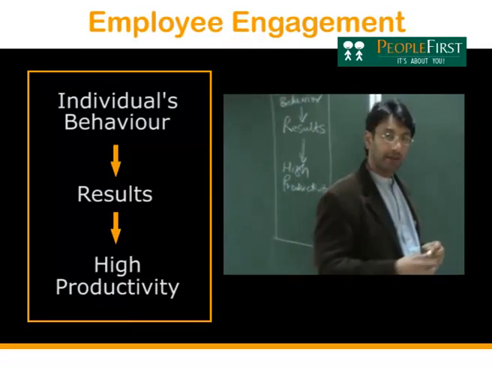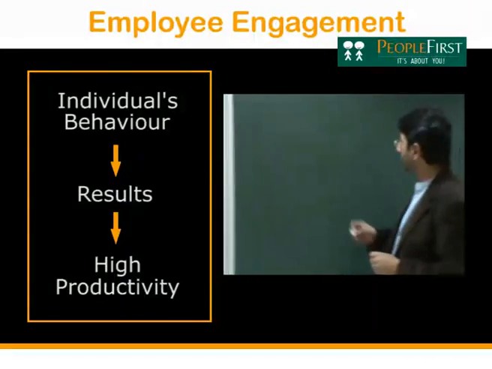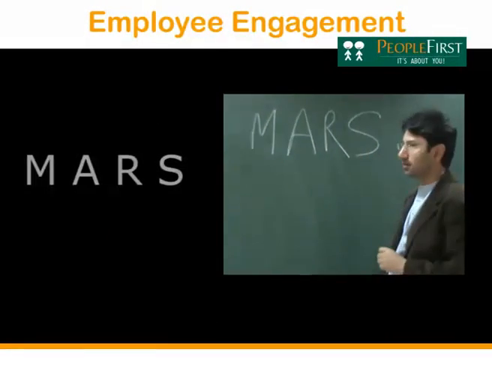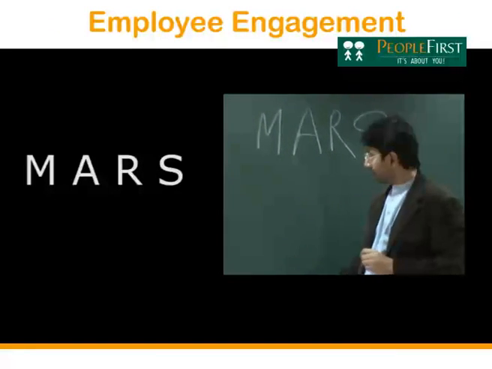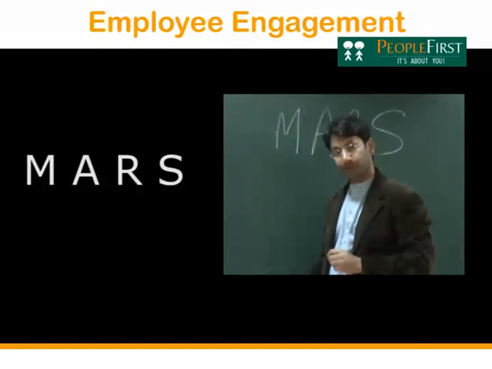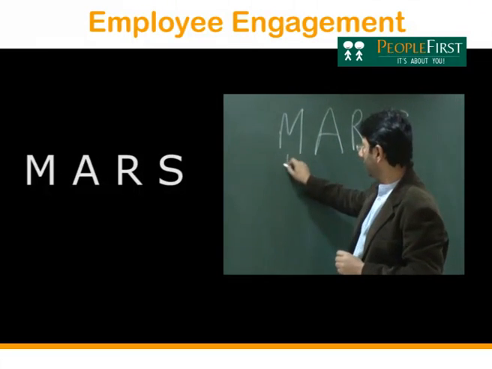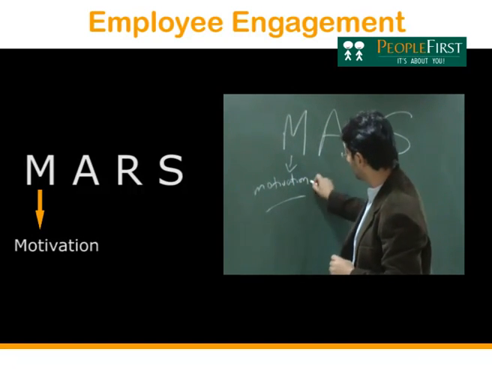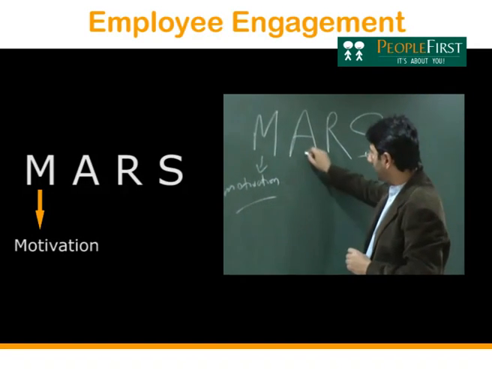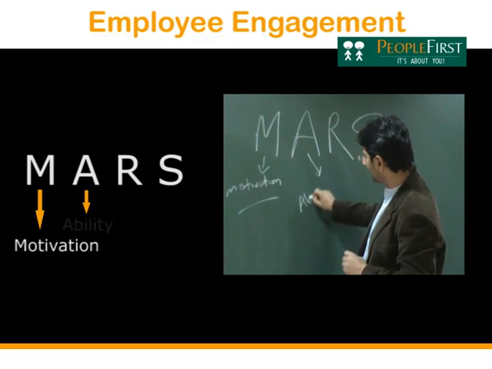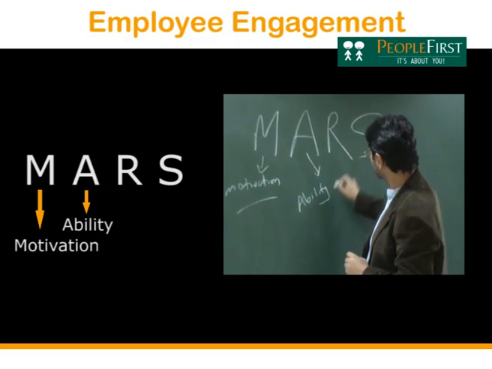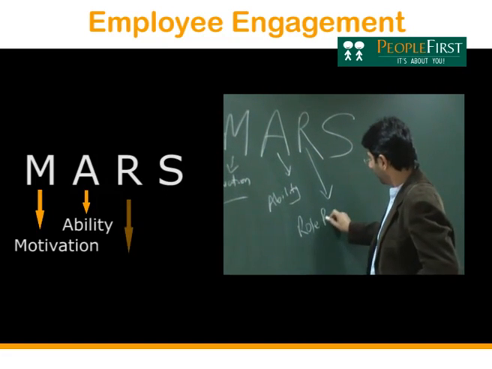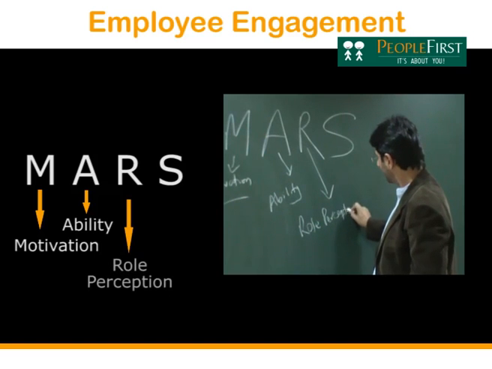MARS model. If I were to put down the acronym, it would be somewhat like this. So what does M stand for? M stands for motivation. That's a fairly well understood and visible word today. A, on the other hand, stands for ability. R stands for role perception,